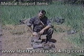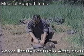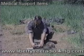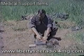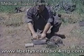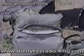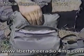Going to a more sophisticated kit, this is a tri-fold emergency pack. The first pouch is carrying an individual medium, several different types of compresses, triangular folds, etc. The center pouch is carrying individual medication, carries everything from cough lozenges to feminine protection devices. Now, that may sound funny,